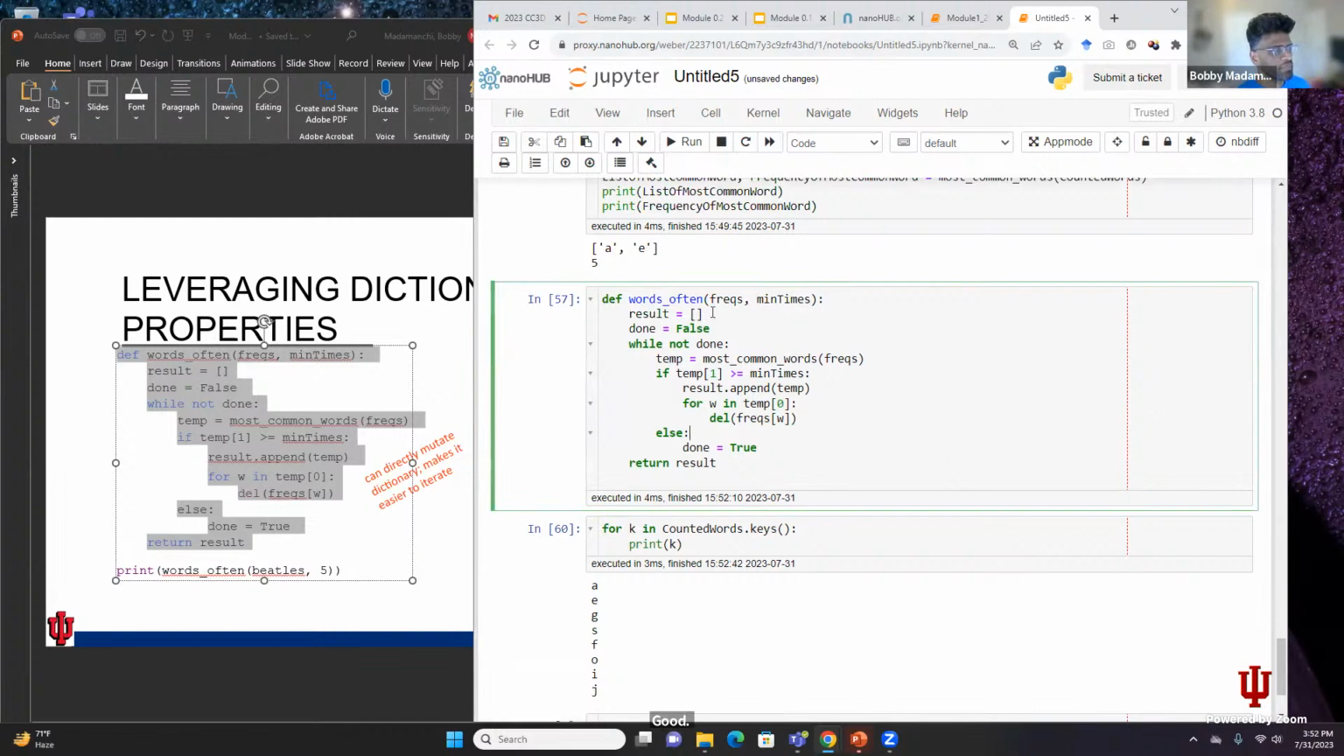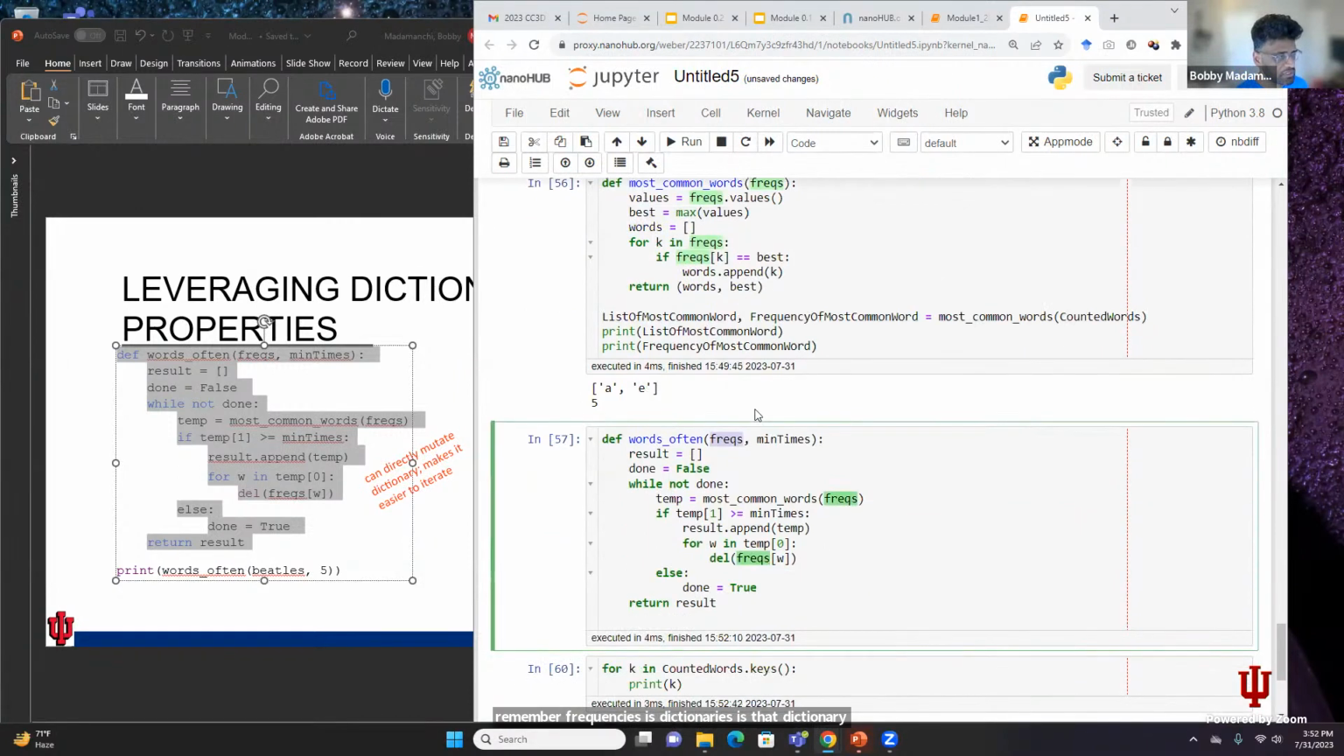Okay, so if we take a look at this function, we remember frequencies is that dictionary that we've been working with as that input argument, but min times we're not sure what it is. It's being compared to something, so we can build off of that. But anyway, so result equals an empty list and done equals false. While not done, meaning while done still equals false, while done remains false,